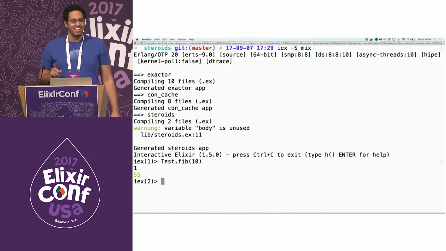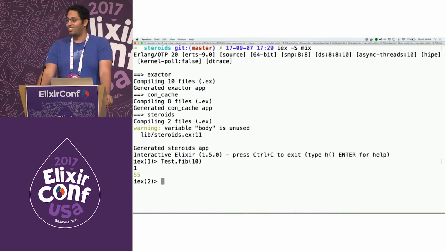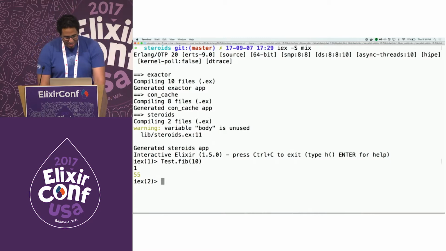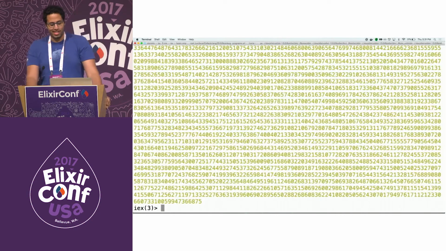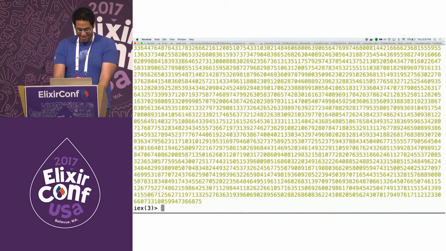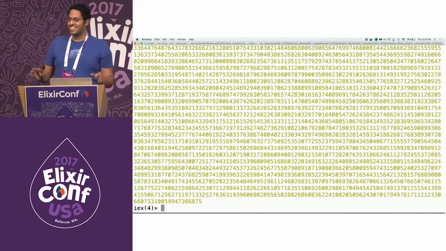Why did it do that? That's because I used the AST as the key for the code and only executed IO.inspect 1 once. What happens if I start doing something expensive, like say, I don't know, 10,000, right? Make my computer purr for a second and then print it out. Pretty quick, right? Do it one more time? No time at all. That's the magic of caching. Please do not use this in production.